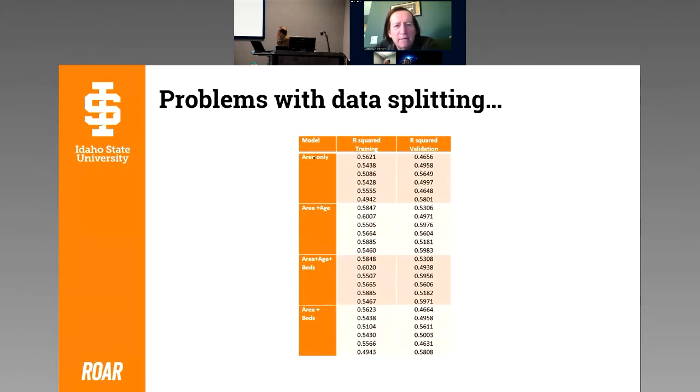When we go back and look at this data set, I know it's very busy with lots of values here. What we find is data splitting seems to produce some very counterintuitive results. If we just focus on the first model, and all of them have the same characteristics, the